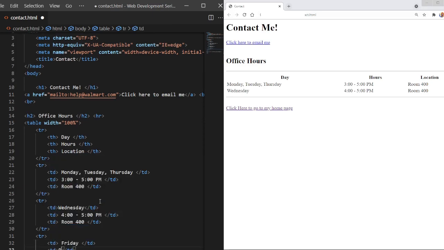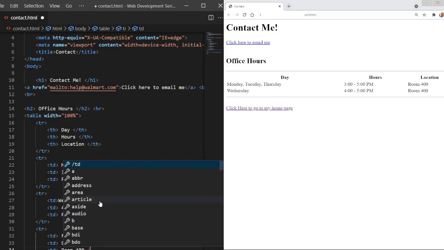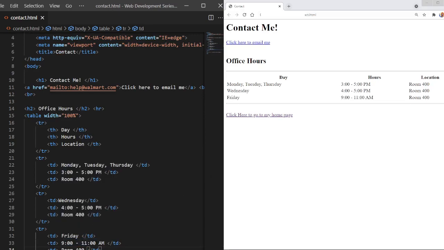We'll do 9 o'clock to 11 o'clock a.m. at room 400. And there we go. We have a table now. So we have the days of the week, we have the office hours, and we have the location. That's very, very cool. Now what we're going to do is add a column span because